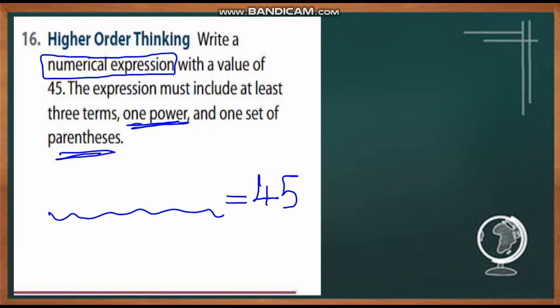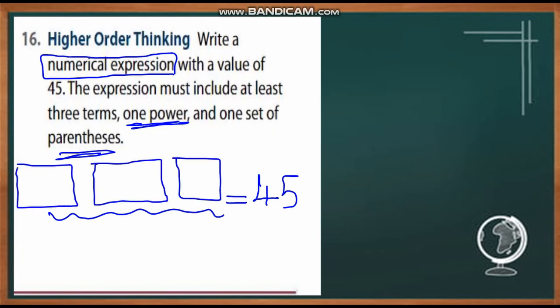And this expression must include at least 3 terms, one of them a power and 1 set of parentheses. So I'm going to put 3 terms here, a power here and parentheses here. And don't forget what separates the terms: minus or plus. So I'm going to think about the power. Here I can put 3 to the second power, which gives me 9, plus